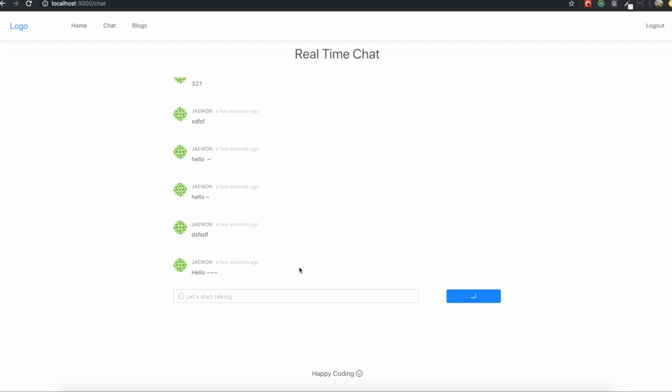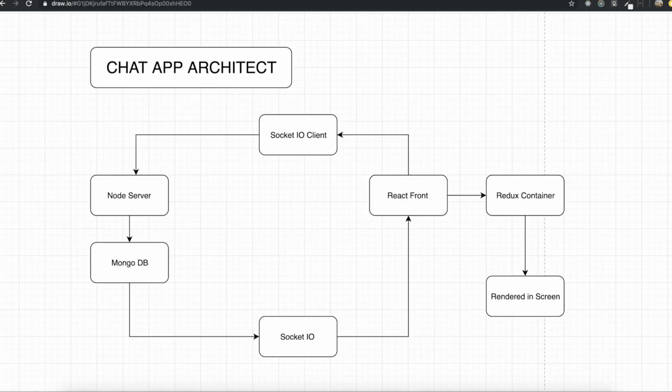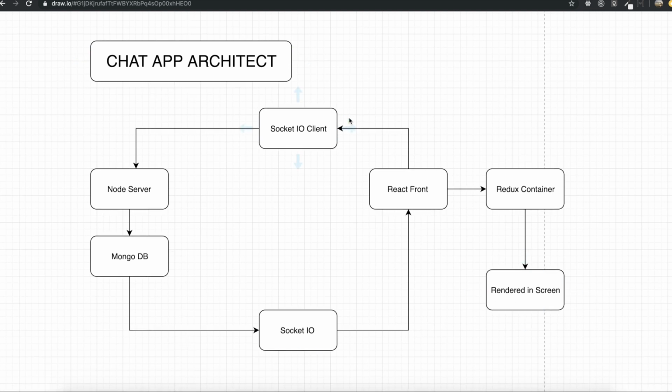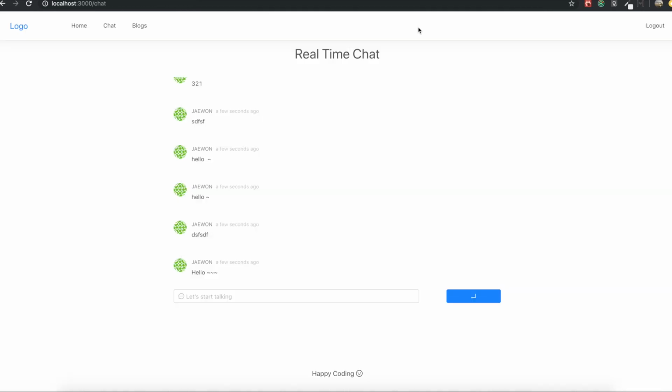Before going further, I think I should have done this at the start of this video, but I forgot. So right now I want to introduce the whole architecture of this chat application. Maybe it can be really helpful for you to understand what's going on in this application. In here, this will be just this page. So if we type something,